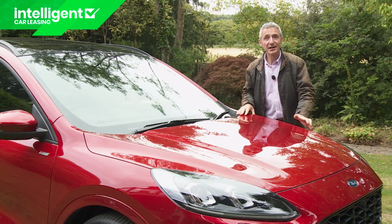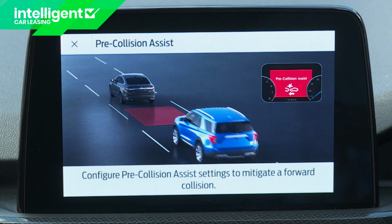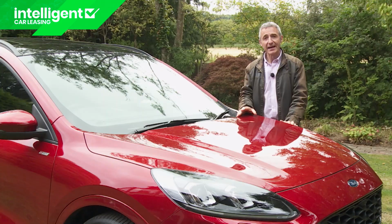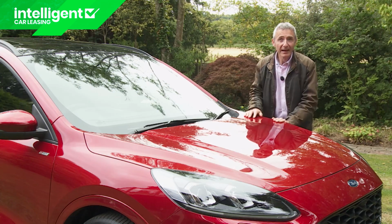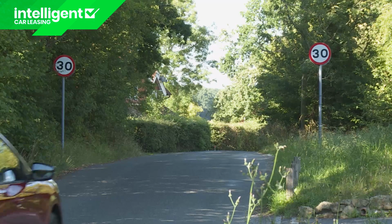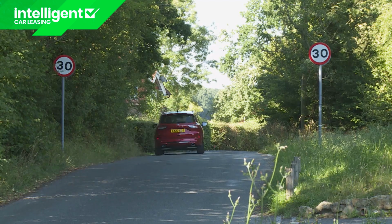Standard safety kit includes Ford's Pre-Collision Assist with autonomous emergency braking system. There is also a lane keeping alert system that warns you if you veer out of lane, and a lane keeping aid which will automatically steer you gently back into where you should be in your lane. And Ford provides an Intelligent Speed Assist speed limiter. Now that can be programmed to automatically set itself whenever you enter a speed limited zone, not allowing you to